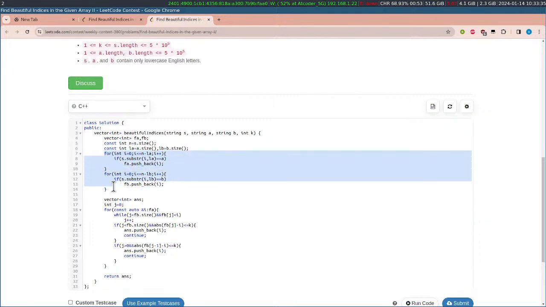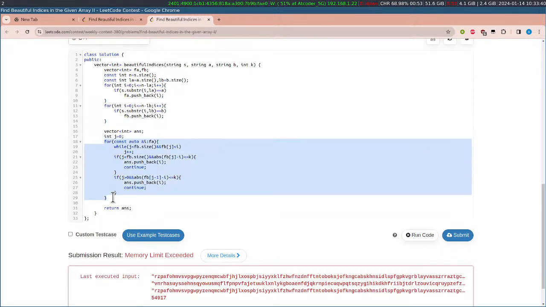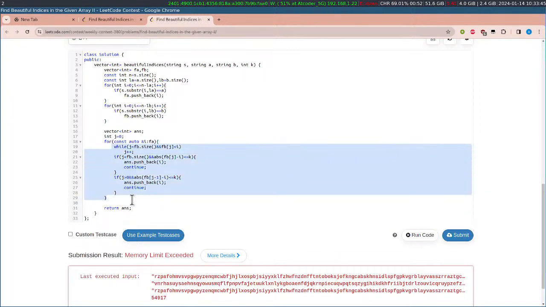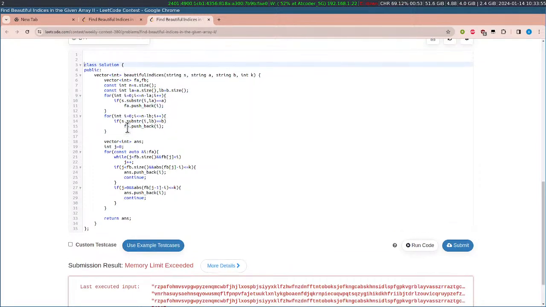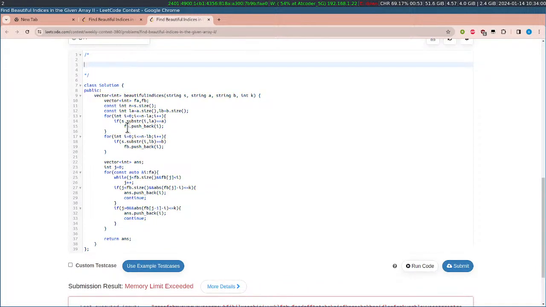If we can somehow reduce the time complexity over here, you will see that this is order of the number of occurrences, which would be the length of A, and this part should be fine. This is the place where we need improvement. So if we put it in terms of requirements, we need some method to check if s from I